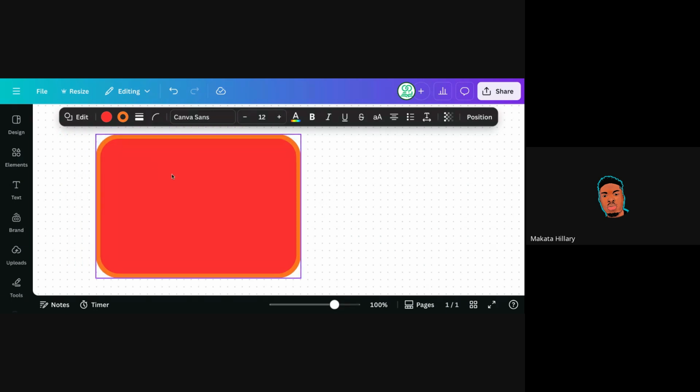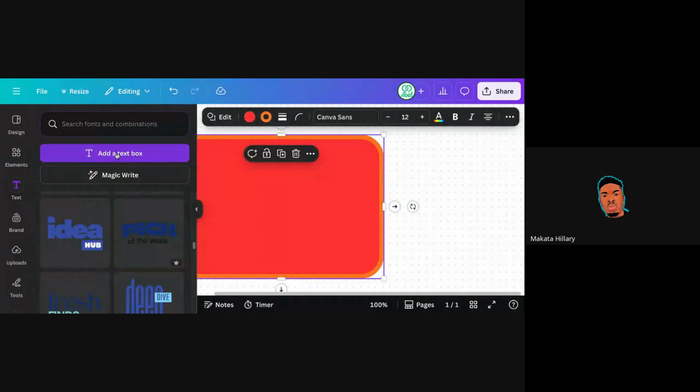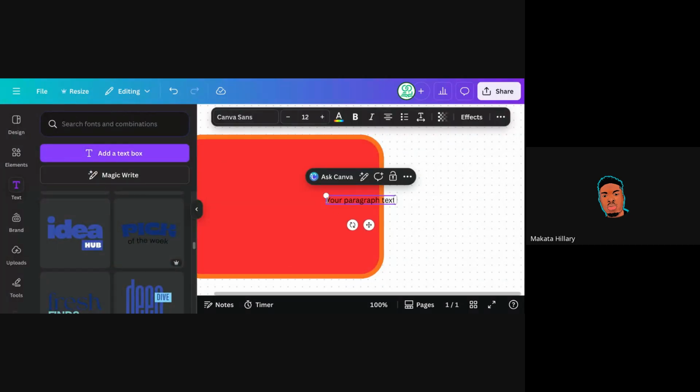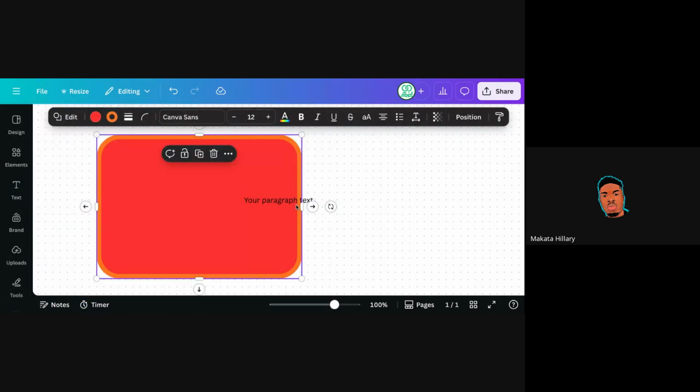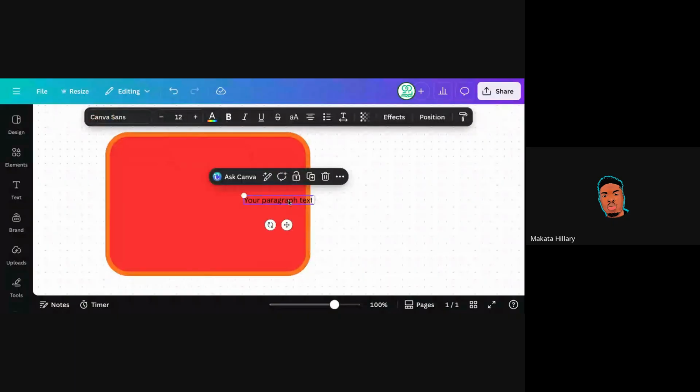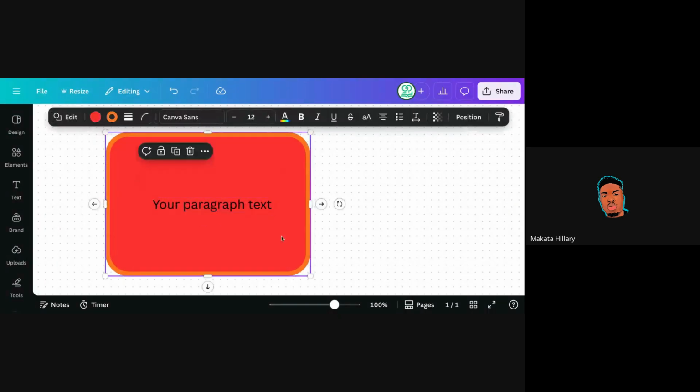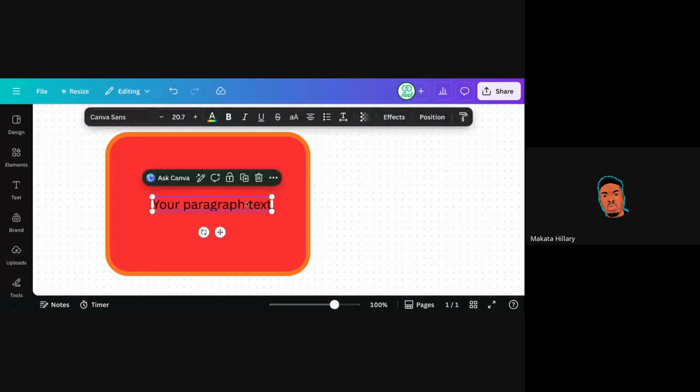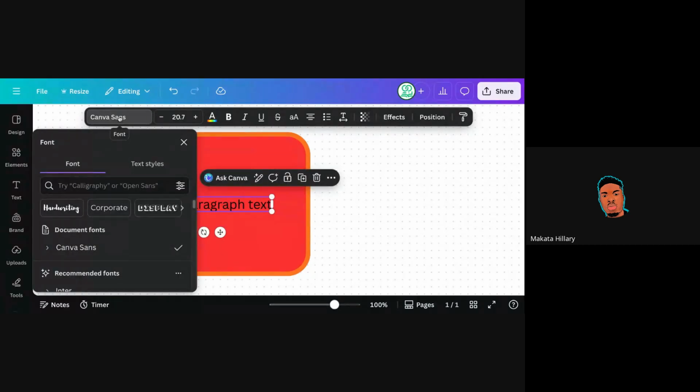Now let me go ahead and add a text. If I add a text to this design, let me zoom it so that you guys can see what I'm doing. Once I add a text to this design, the font is going to be Canva Sans by default, this particular font. Now, changing this font, you can use any font you want. If you're typing a letter, you can use Times New Roman. You can use any font. You just have to click on Canva Sans, that's this place. Once you click on it,